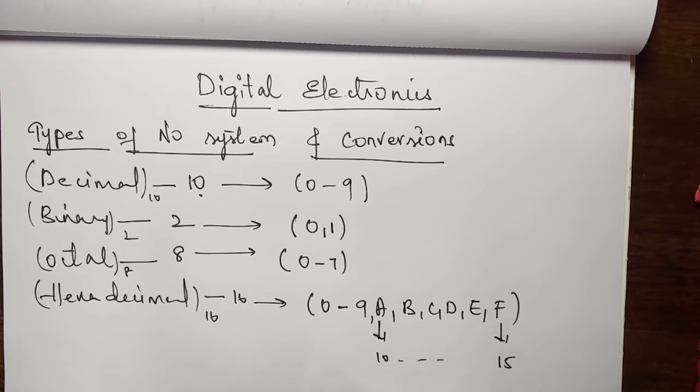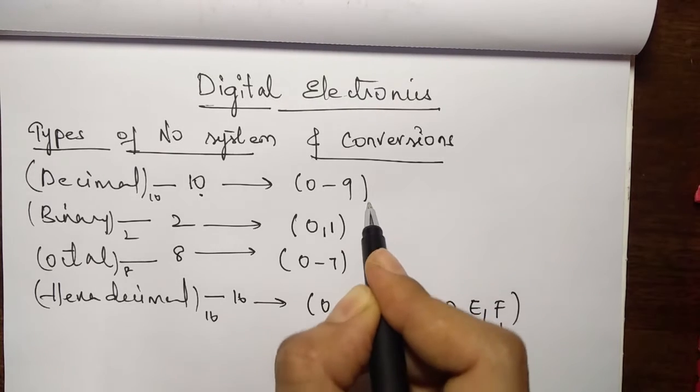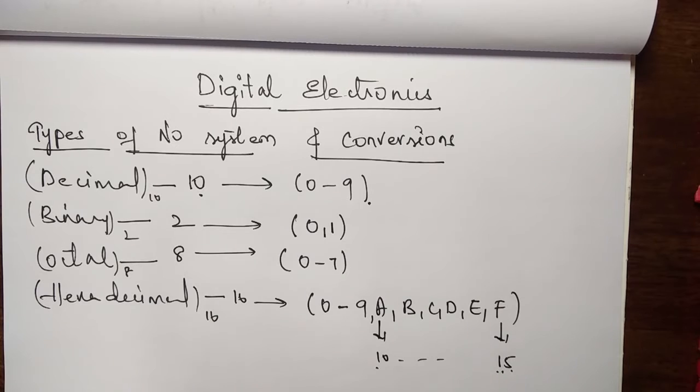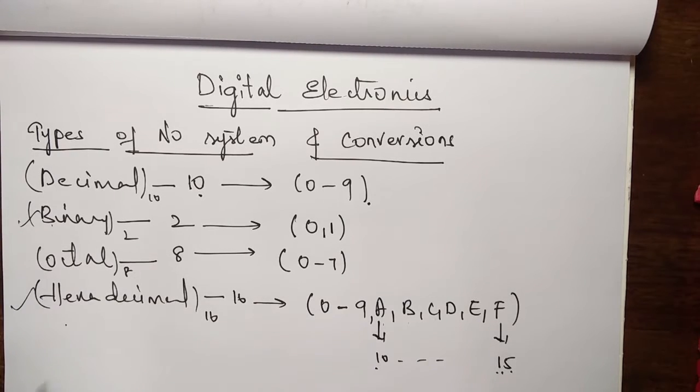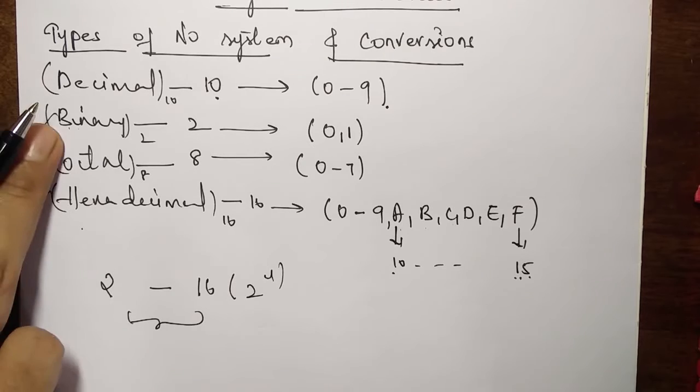We can't directly write 10 to 15 because if we write 10 and 15, it will again come directly in the decimal number system, since 1, 5 come in the range of decimal. Just to have a little difference, we use A, B, C, D, E, F. Programmers mostly use binary and hexadecimal, and they are interlinked because binary takes only 2 values and hexadecimal takes 16, and 16 can also be written as 2 power 4. So there is a direct interrelation between them. As per their convenience, programmers use binary and hexadecimal.